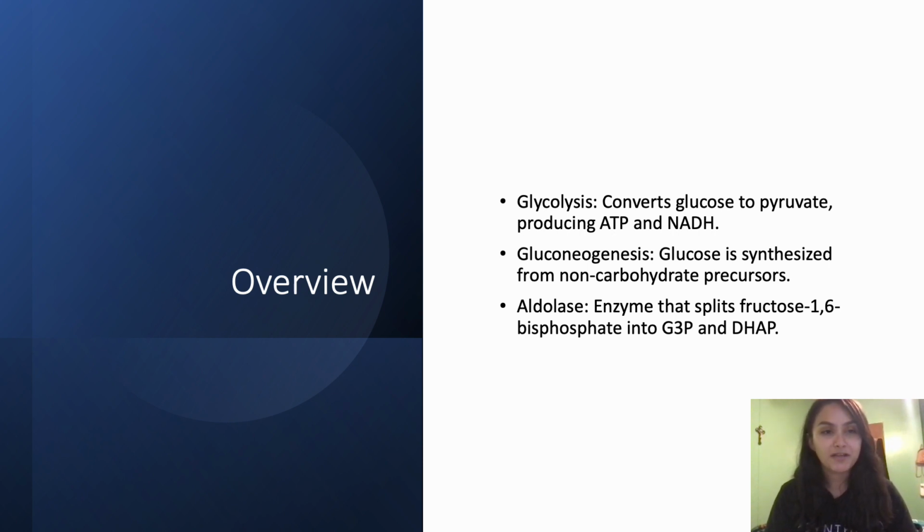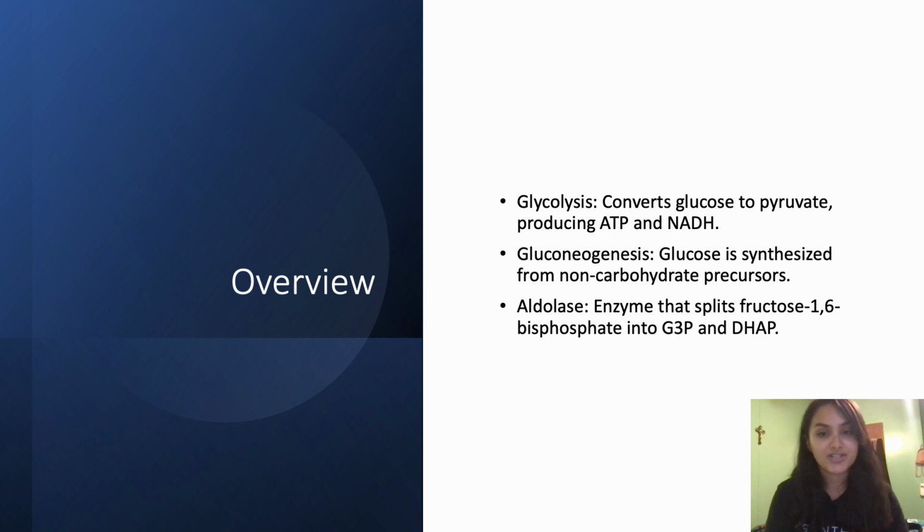So let's start with glycolysis. It is a metabolic pathway that converts glucose into pyruvate, generating energy in the form of ATP and NADH. It occurs in the cytoplasm of cells, and it is a central process in both aerobic, which is with oxygen, and anaerobic, without oxygen,